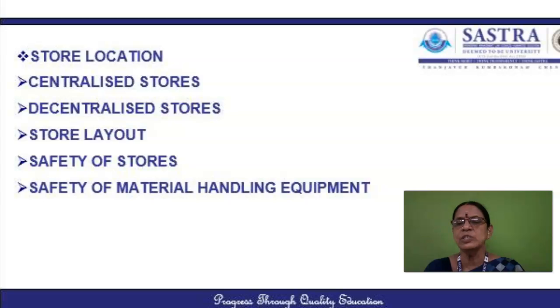So the centralized stores provide a very wide range of goods, and again the control over the inventory is very easy, and we have the delivery at a single point as a convenient one. Then the receipt and the inspection of the goods is made convenient. Then the standardization opportunities will be improved and stock turnover can be increased. So these are all the major benefits in case of centralized stores.